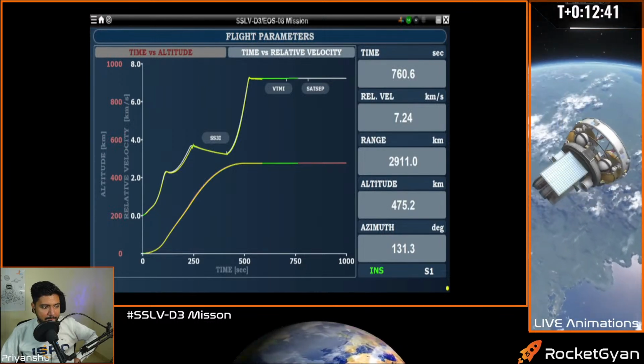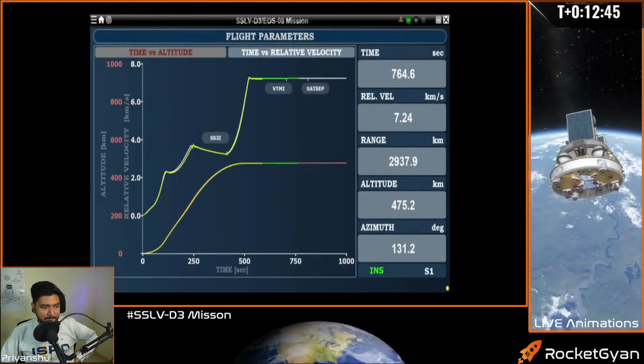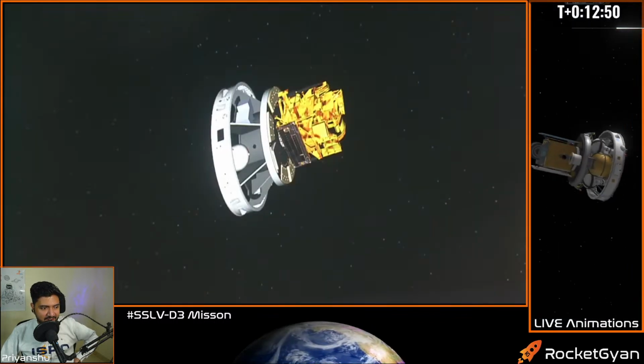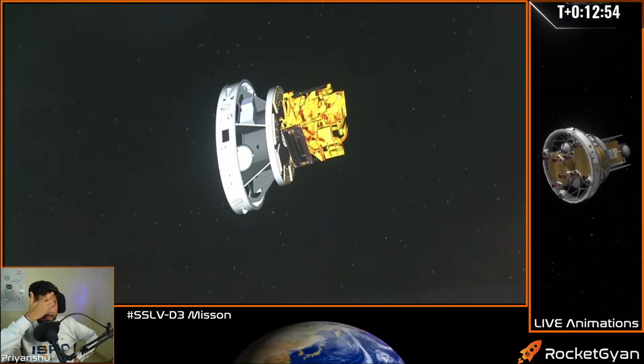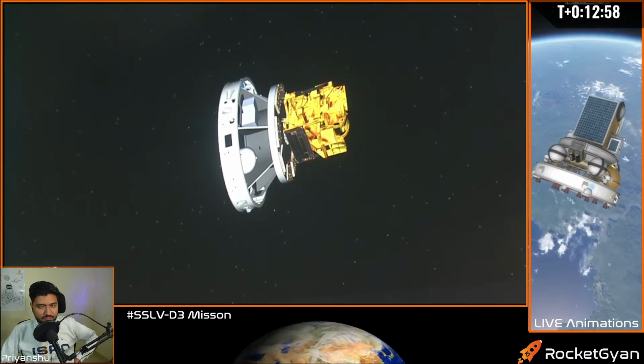We are awaiting eagerly anytime now the separation of EOS-08. It will happen very soon, don't worry. इस मिशन के मुख्य उपग्रह EOS-8 को कुछ ही समय पर उद्देश्य कक्षा में अंतक्षेपित कर दिया जाएगा।